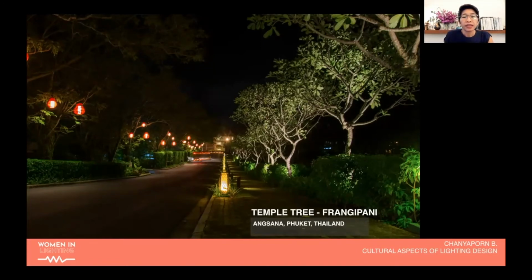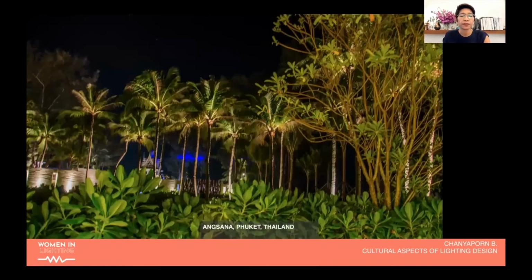And on the right-hand side here are temple trees. So this is where language has some influence. In Thai, the name of this tree doesn't have a good meaning. It means kind of sorrow. So it's not popular for residential projects. But in a resort, in a temple or a public space, it's nice to highlight these sculptural forms of the trunks, that have very nice lines.